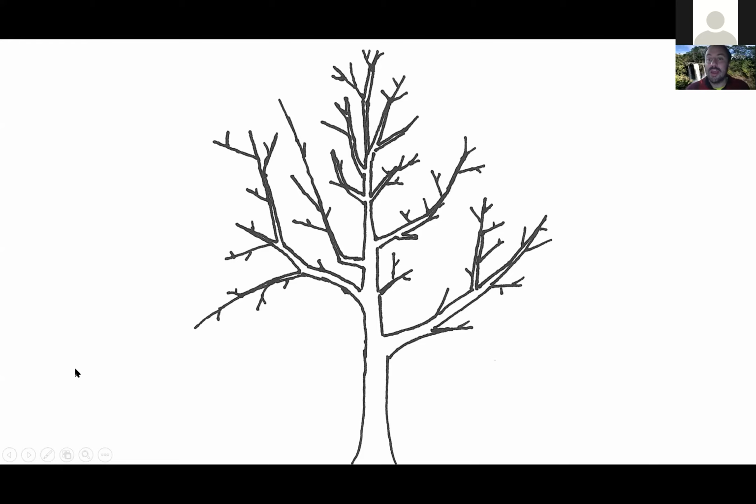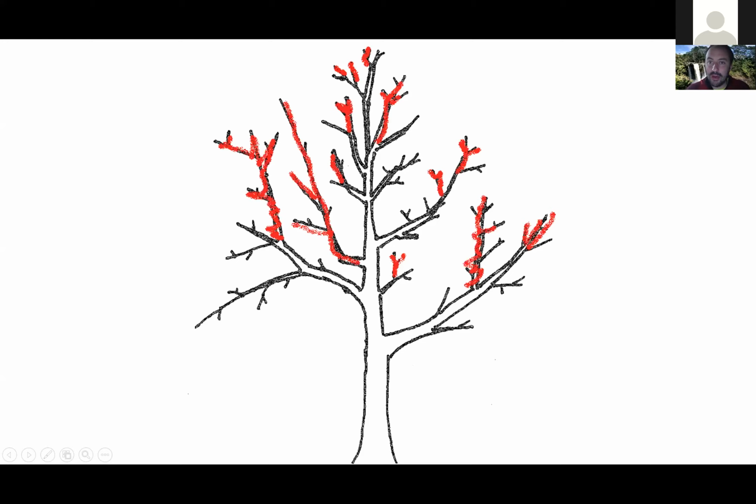So again, if I had unlimited pruning budget, this is one example of how I might have gone about it, right? I probably should have another red line up here, but we pick our leader, remove, suppress, suppress, suppress, suppress. I chose to remove this branch entirely because it's poorly spaced and very vertical. Now, if this branch was larger than 4 inches, that'd be a harder decision to make. I've done suppression here, maybe remove 40-ish% of this branch, and then some suppression on this large lateral branch too.